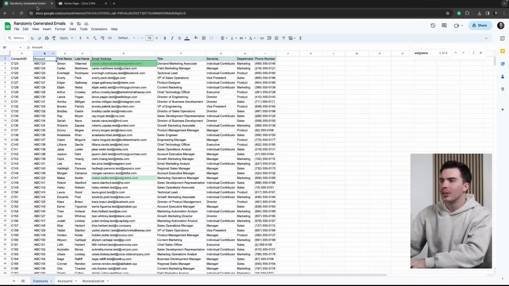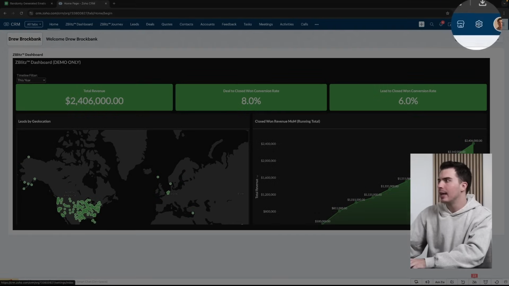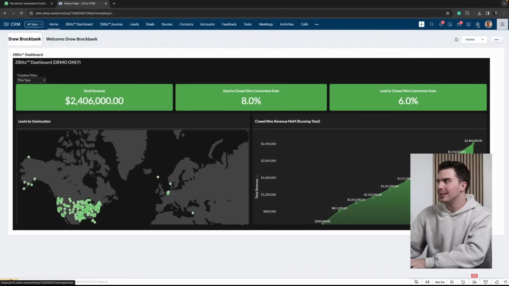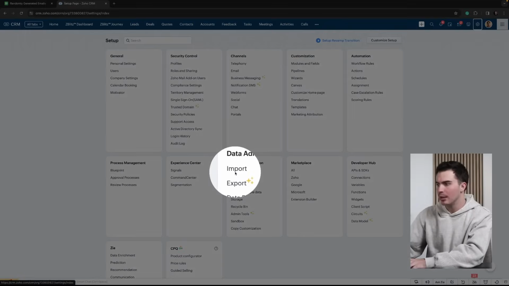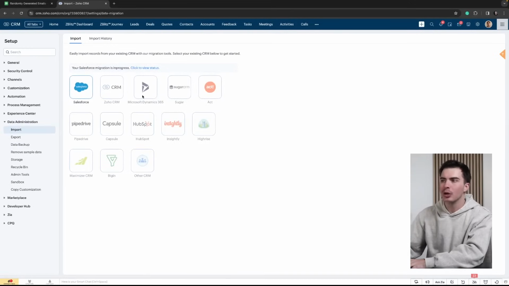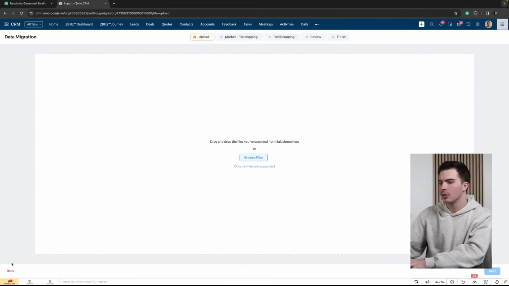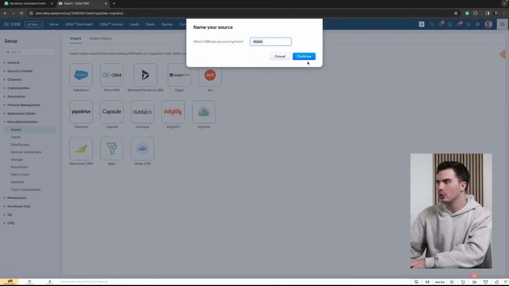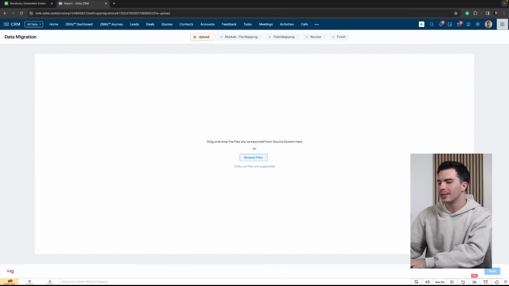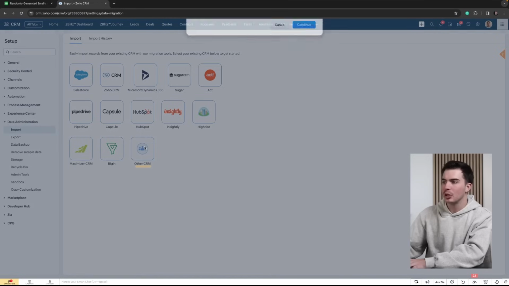So with that, we've got our data that we prepared in the last video that we normalized, and now we are going to go up into the gear icon here over to data administration and import. Now it says import, but this is the migration tool. So I'm going to real quickly jump in here, and we're going to go back and then to other CRM, and then we're going to do sheets. And then again, we just want to go to this section here, other CRM,